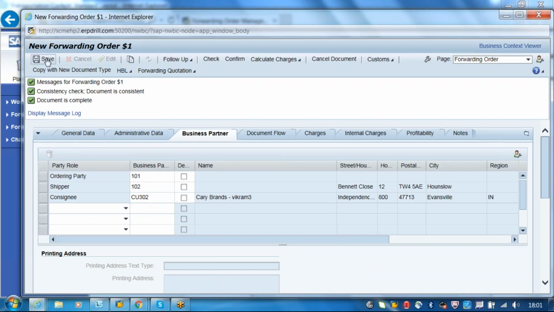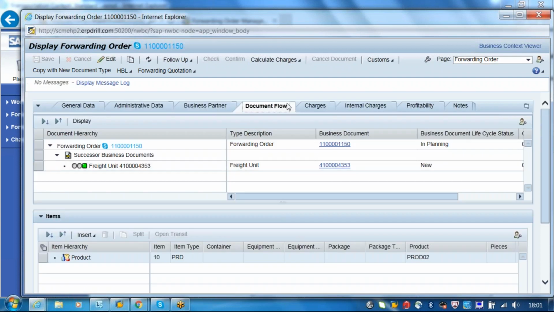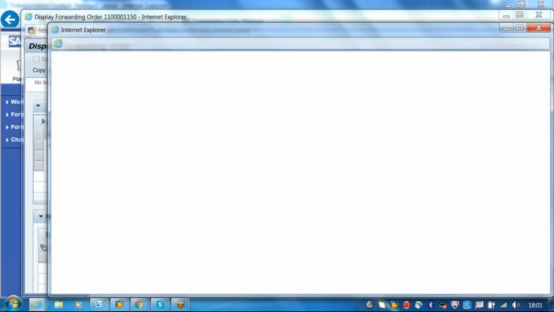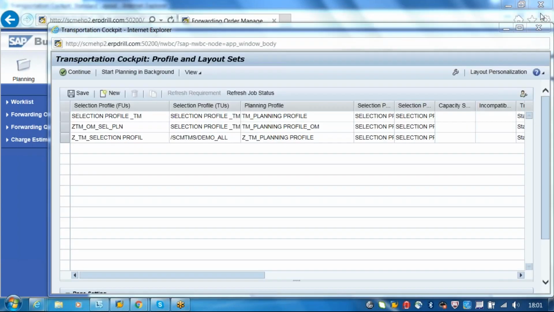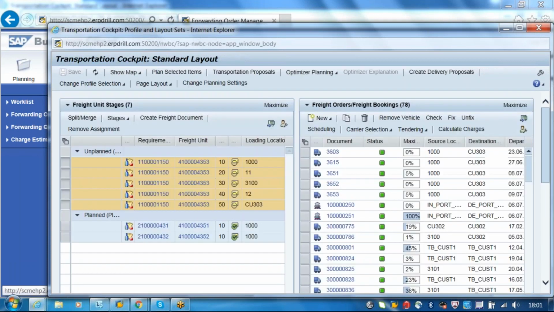Okay, now we'll just save this. Okay, now I will show you another route. You can directly come here, start transportation cockpit. Instead of directly going to the planning, you can come here and run this. It will take you to the planning. Just choose this, continue. The pickup date we haven't given, I guess.